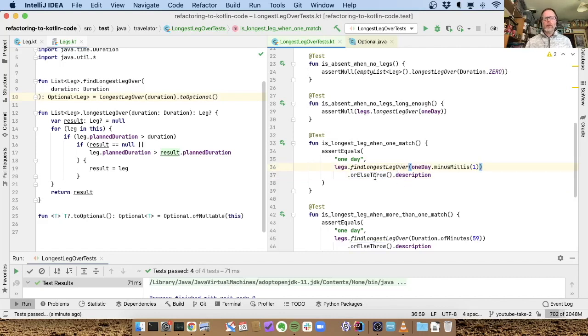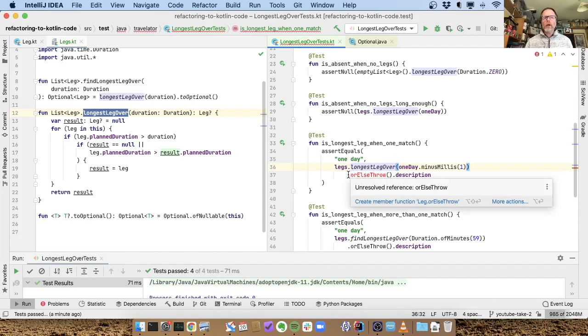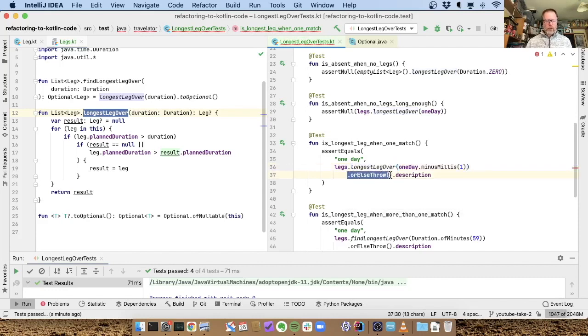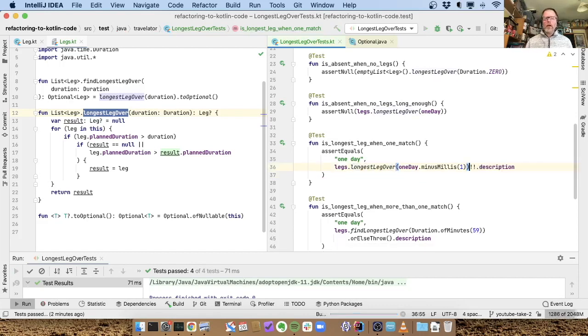The Kotlin equivalent of or else throw is bang bang, so let's call the Kotlin version, which is longest leg over. That isn't returning an optional, so there is no or else throw, but instead of that we'll say check that's not null and get the description. We run that,